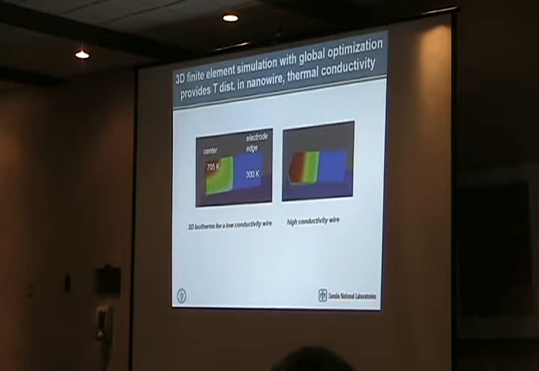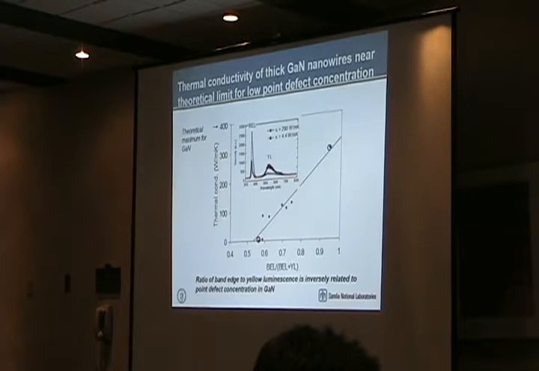Based on that, this is just some results of thermal simulation. We in fact estimated how much convection and emission there is, based on the emissivity of gallium nitride, and I can tell you that these losses are much less than the conduction through the nanowire to the metal contacts on it. That really does dominate. And so we can actually start extracting the thermal conductivity. And when we do that, what we find,